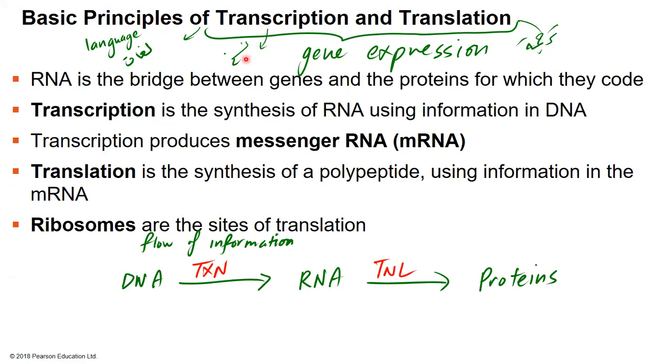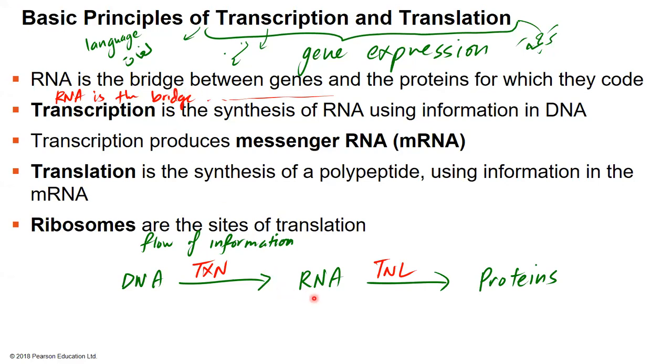So transcription or نسخ, this is when you copy some text in a language in the same language. So if I want to transcribe this sentence in English, I will transcribe it the same thing, but using my own handwriting. So I would say RNA is the bridge between blah, blah, blah to the end of the sentence. This is called transcription, نسخ.